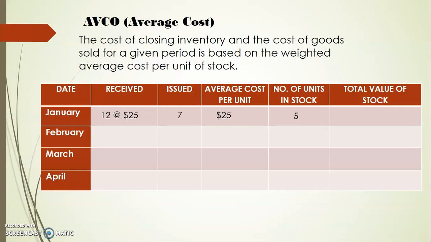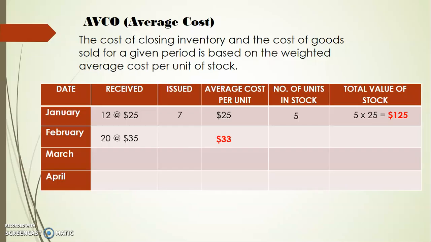So the number of stock units in stock after the receipt of 12, the issue of 7 would be 5 units of stock. 12 subtract 7 would be equal to 5. So in January, our balance shows 5 units of stock or 5 reams of A4 paper, and the value of that stock would be 5 by $25, which would be $125. In February, we received 20 reams of paper at $35 per ream, and the average cost per unit was